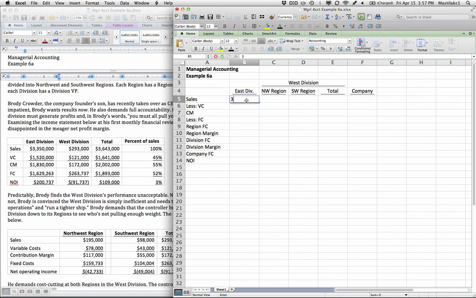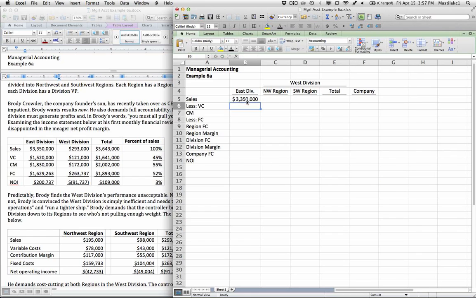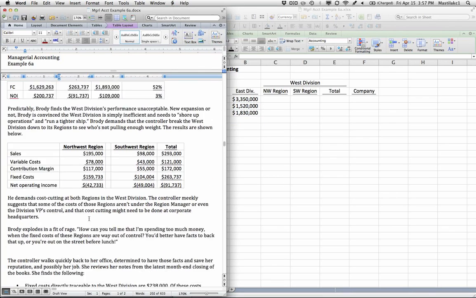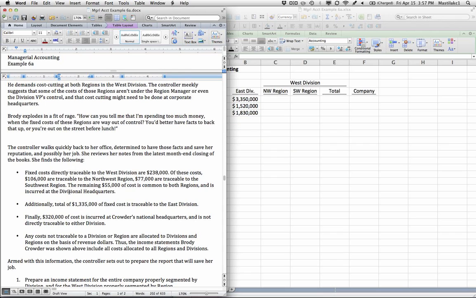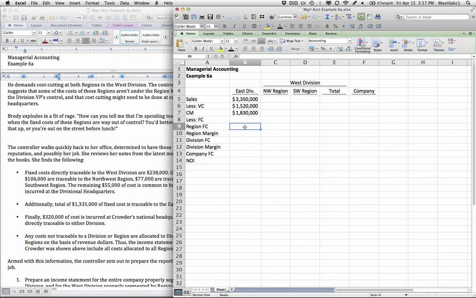So East Division sales are $3,350,000. Our variable costs are $1,520,000, and so our contribution margin is the difference between these two. And now what kind of fixed costs do we have? Well, regional fixed costs. If we look at our data, we can see that a total of $1,335,000 of fixed costs are traceable to the East Division, and so the East Division as a region, the East,